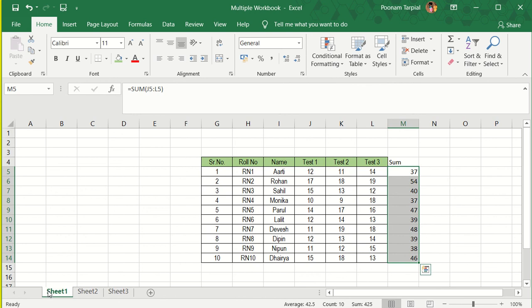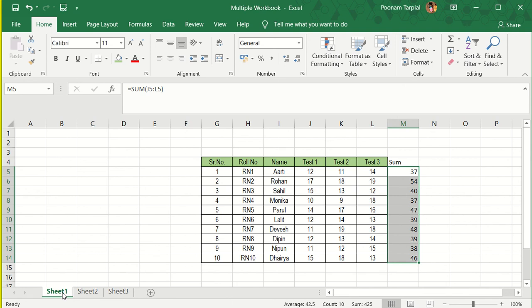replicated. So this grouping function, people, that I have spoken about just right now, can work on the font coloring or the formatting as well. It can also work on applying the formulas as well. All that you need to ensure is that the cell on which I am going to apply that formula needs to be the same cell in the subsequent worksheets also. So this is how we go ahead and do the grouping all together.